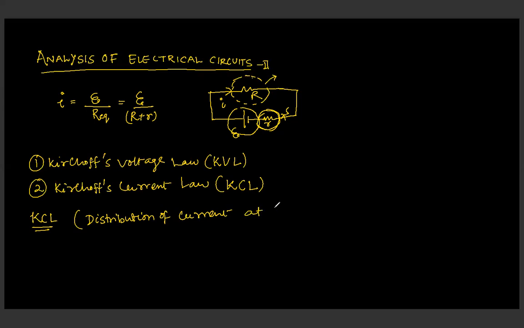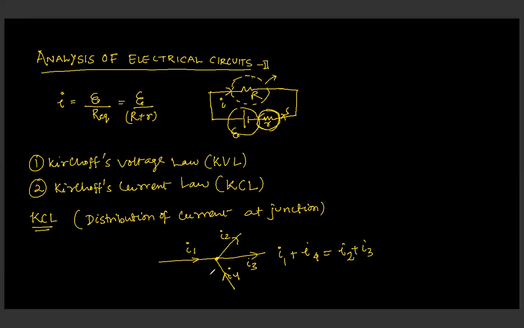And what is the meaning of a junction? We have already studied it in the previous topic. A junction is a point where more than two branches originate. If this one is a junction and a group of currents are entering and exiting, I can see that I1 is entering, I2 and I3 are exiting, and this is I4, then we can clearly write that I1 plus I4 should be equal to I2 plus I3.